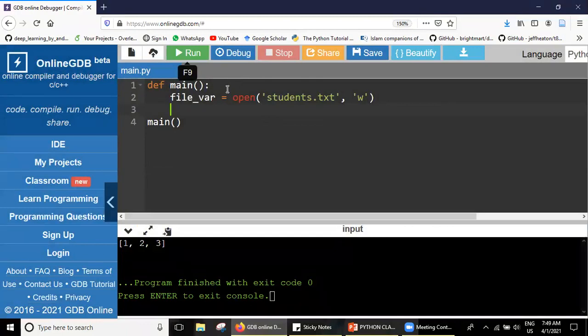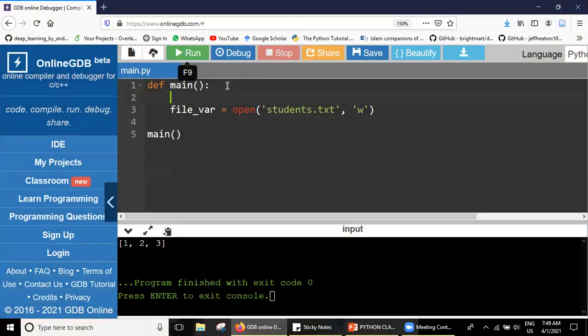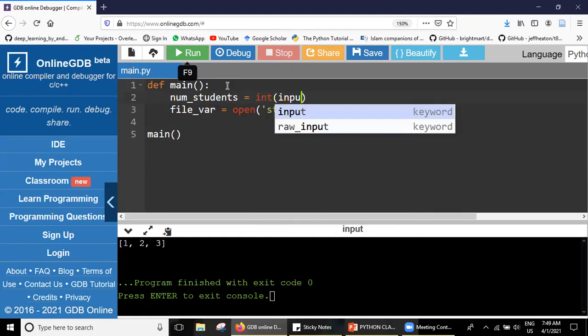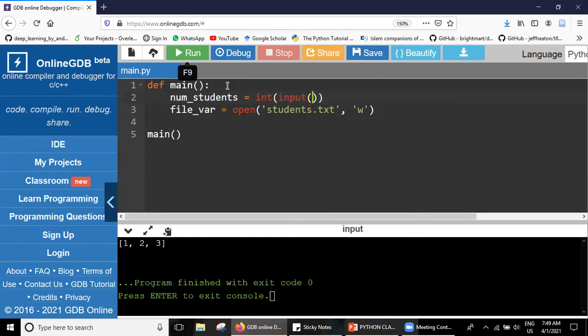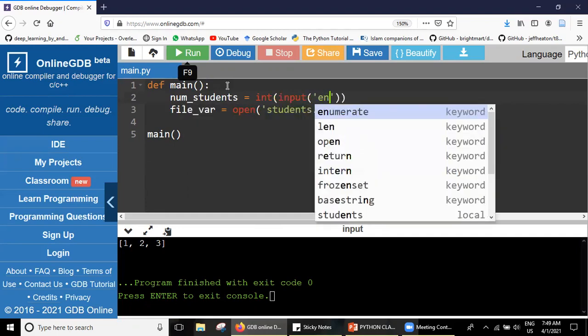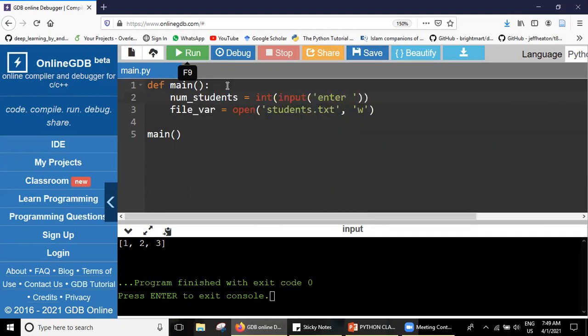Before creating the file, I want to take some input from the user, the number of students, I can say student number, and I ask the user to please input the number of students that you want to have in your file.